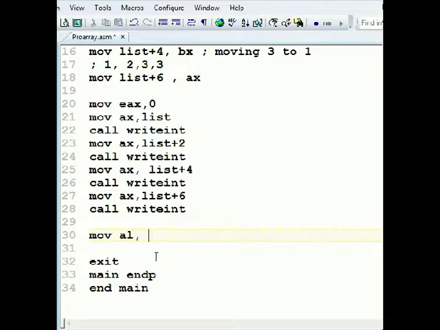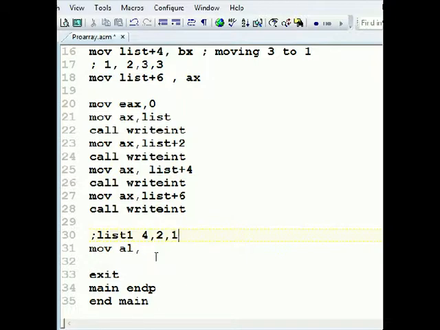I want to move, let's say, and this is my array now. List 1, and I have 4, and it's a byte. 2, 1, and 3. And I'm just showing you the difference. So here I used AL instead of AX at the top, and I'm moving